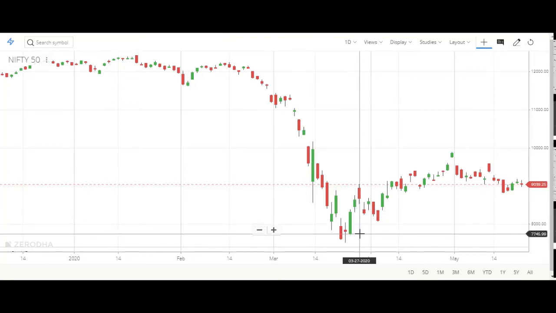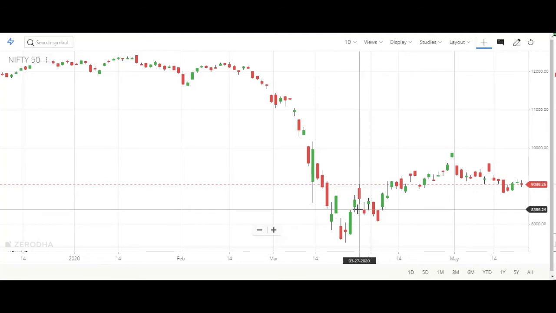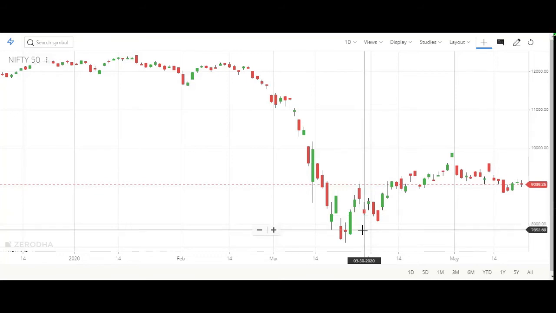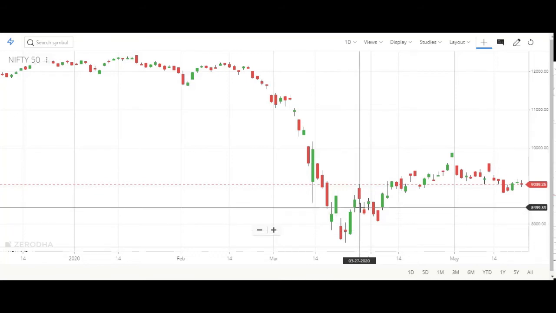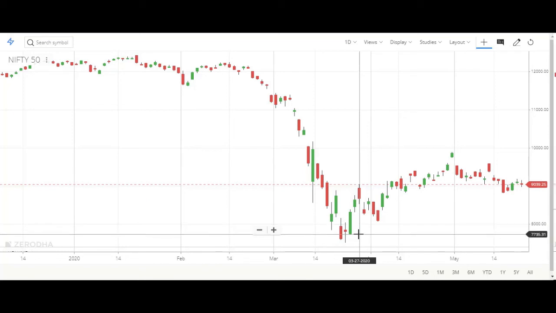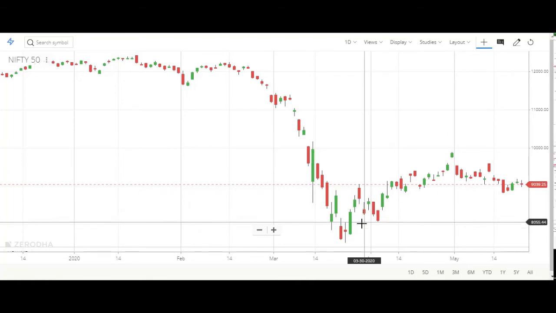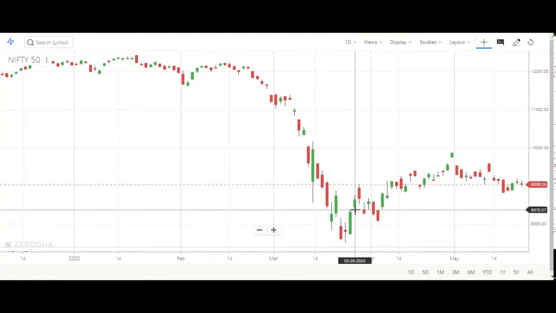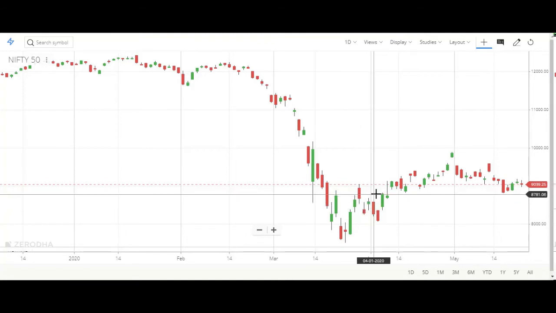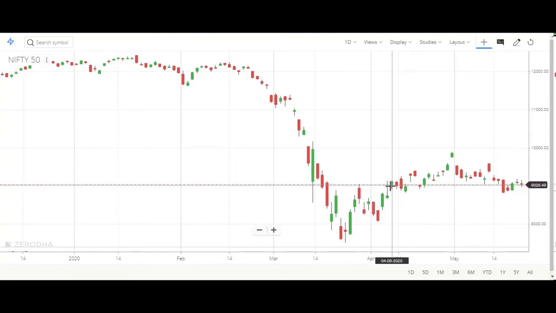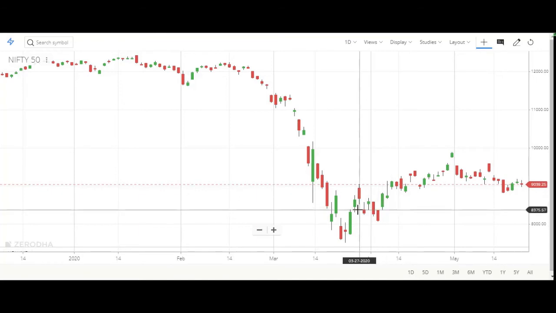You should maintain the stop loss at the low of this bullish Marubozu candle. Here 7735 is the low of this candle, so this should act as your stop loss for the trade. Once you have entered this trade, you can expect a profit of 1:2. If you are taking 1 rupee as your risk, you can expect a profit of 2 rupees. If you are taking a risk of 100 points, you should expect a profit of around 200 points.